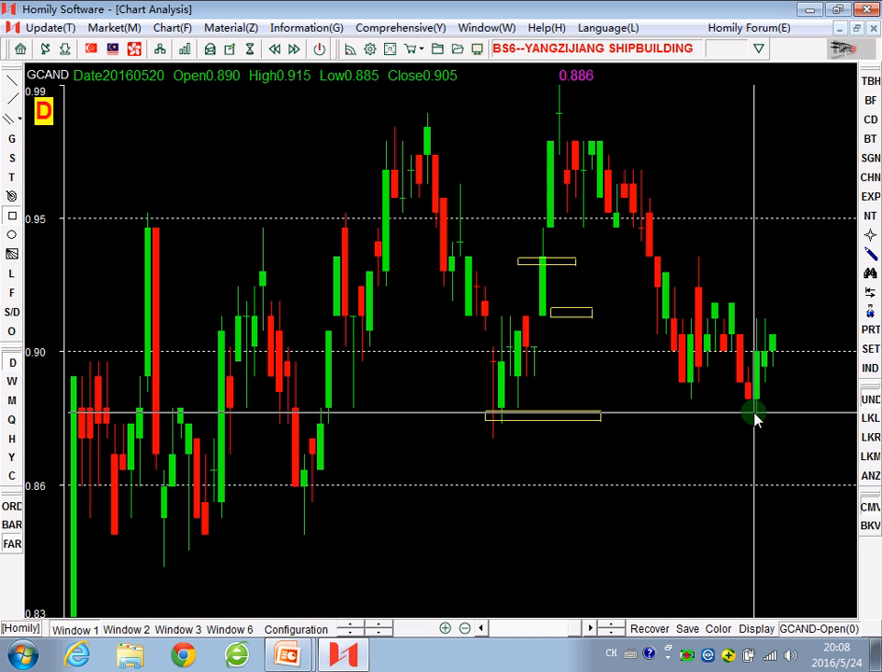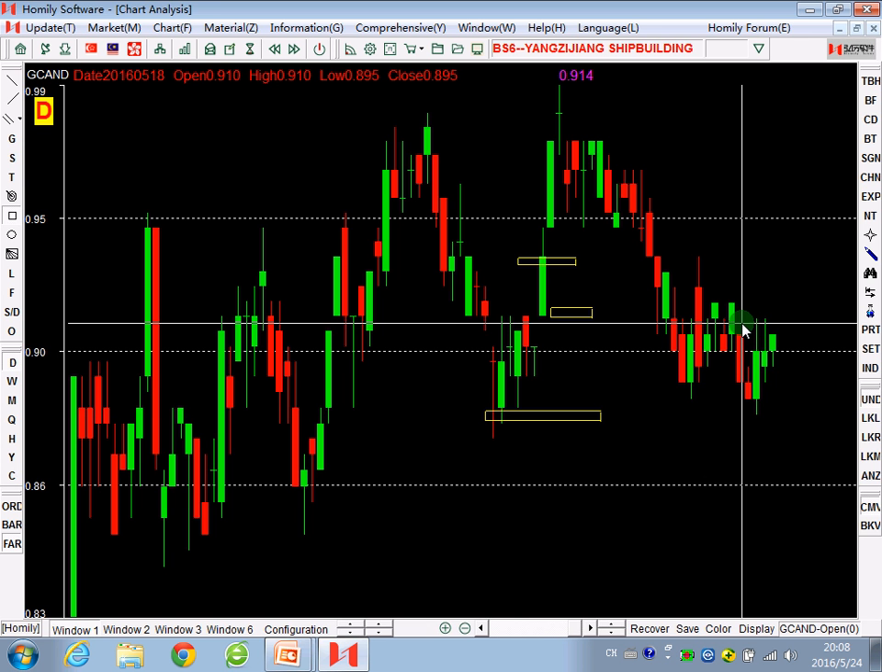So here is the support. You can buy low, sell high. Okay? If you see the stock sideways, you'd better use this method to buy low, sell high. Okay? Then we can see another one. Another one is,